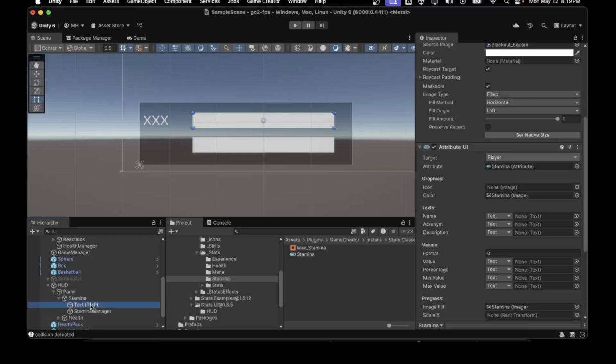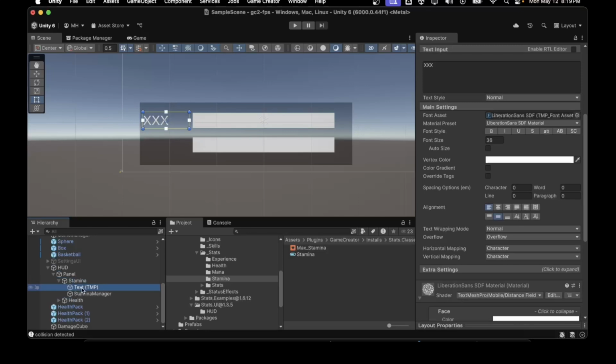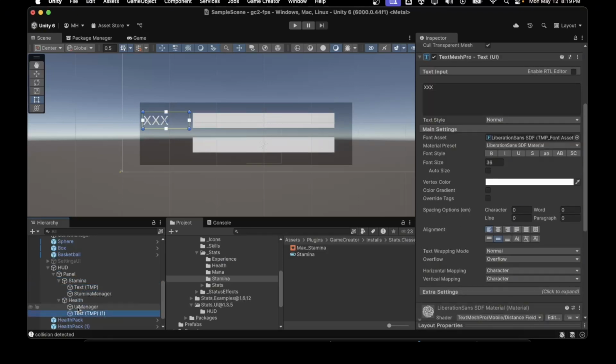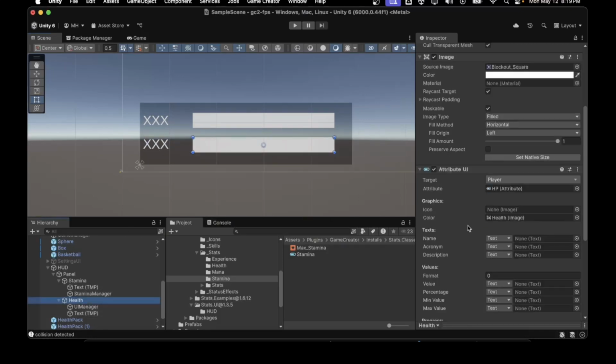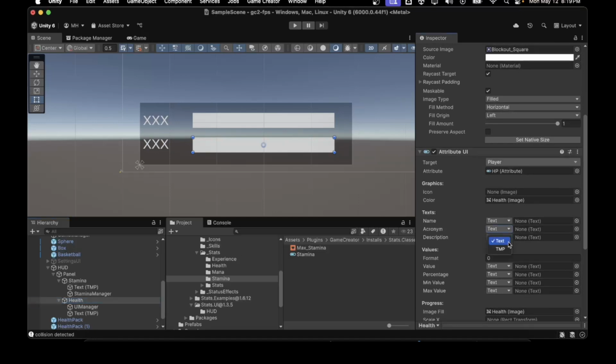to drag this text into the acronym, and we change that to TMP for Text Mesh Pro, and then we can drag that in there. And then what we'll do is we'll duplicate this and put it inside the health and give the health text, and then bring that down to there. And then we can do the same here. So change that to Text Mesh Pro, put that in there. And that